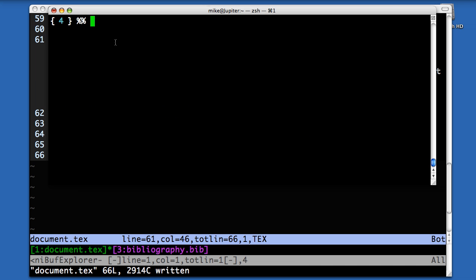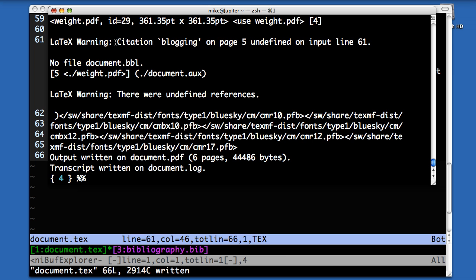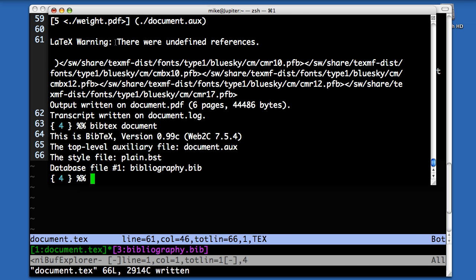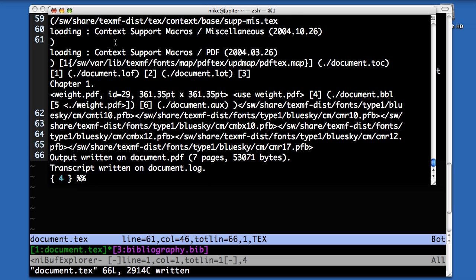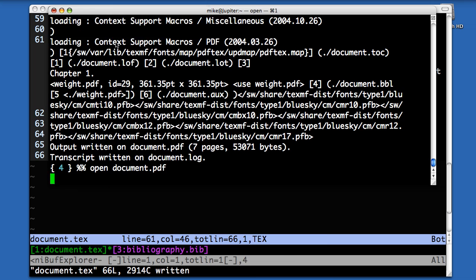Now to add references in a PDF document into a LaTeX, I'll first run PDF LaTeX. Then I need to run BibTeX on it, and that generates the bibliography file that LaTeX then uses again. So I run that once and twice more. And if I open that once more,